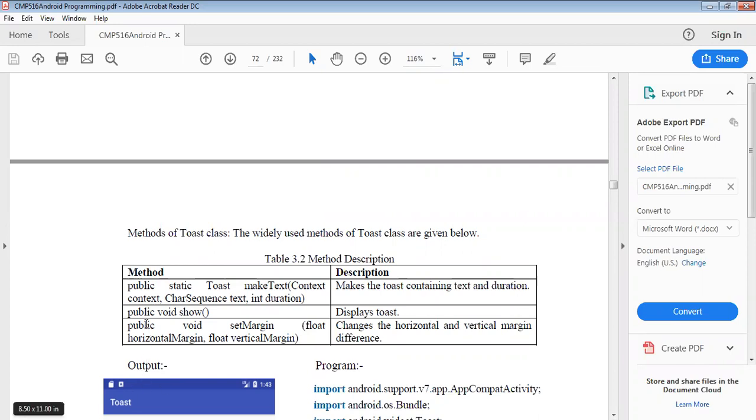Next we can see public void show, means displays the toast. After that, the third method is public void setMargin. Set margin means what? We can set the margin to that actual message. Means there will be horizontal margin as well as vertical margin. Means here we can change the horizontal and vertical margin difference here.